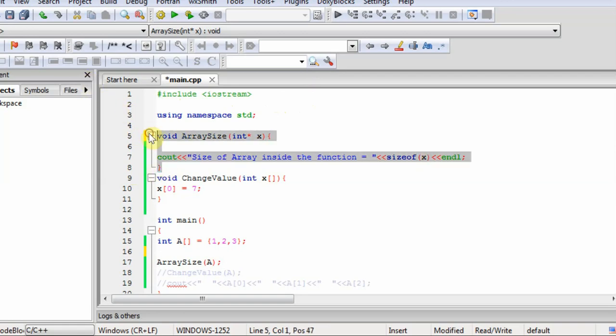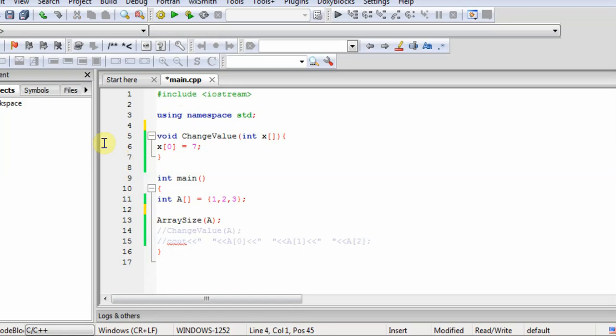Now we will look at one more thing. I think array size should be clear to you now. So now we will look at change value. In the previous video I already talked about call by value. When we pass our value, not the address, it will not reflect the change in the main function.